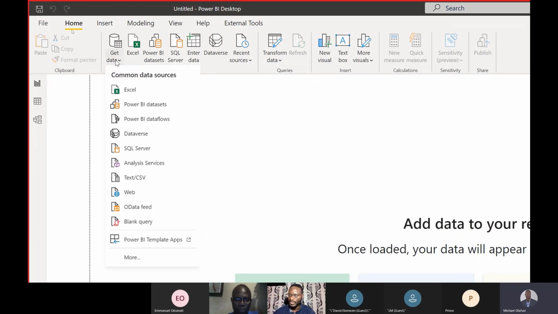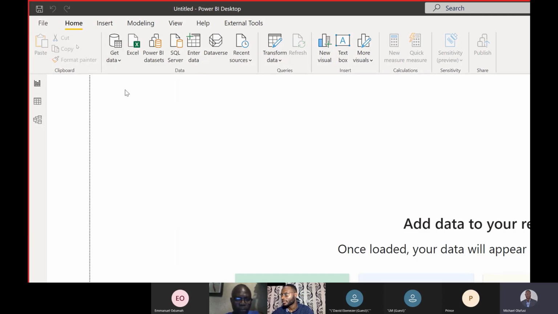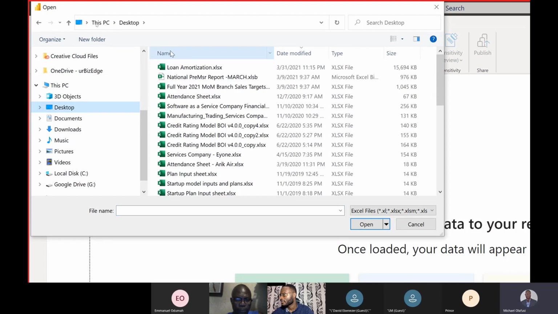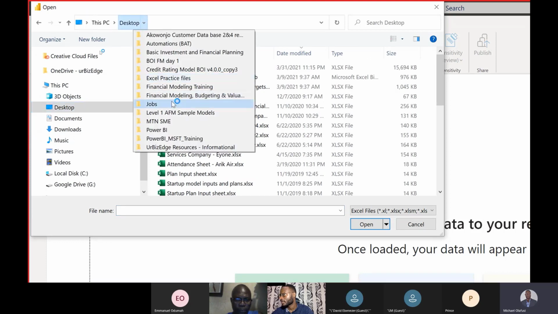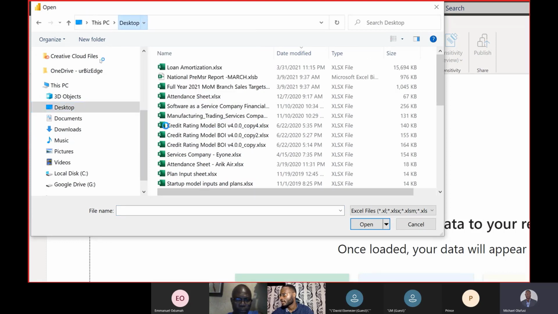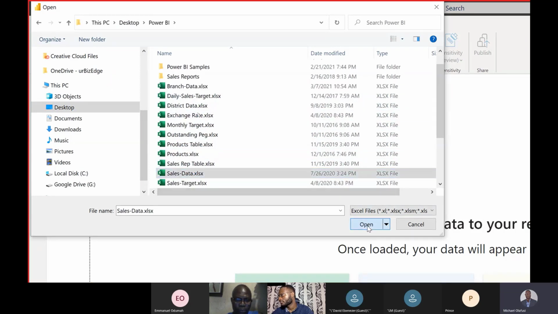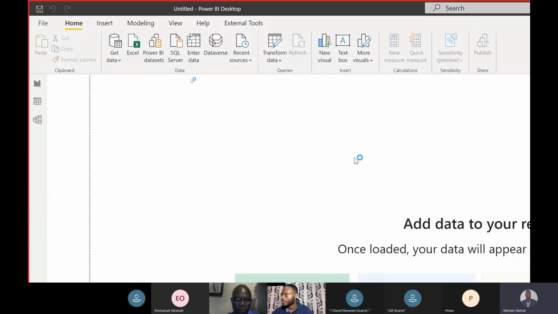So the moment I go to get data, in my own case, it is an Excel file. So I'm going to bring in the Excel file. I have it on my desktop, in a folder called Power BI, and the name of the file is sales data. Sales data. So I'm going to bring it into Power BI,